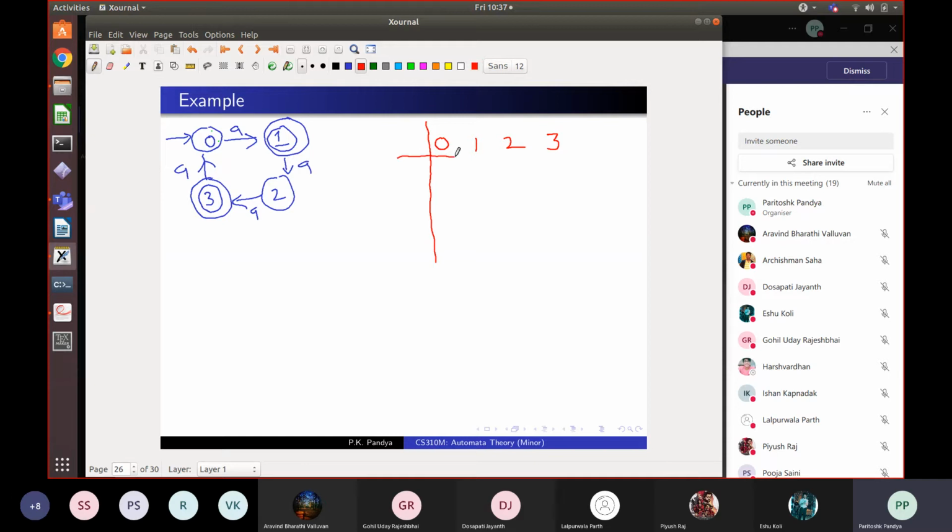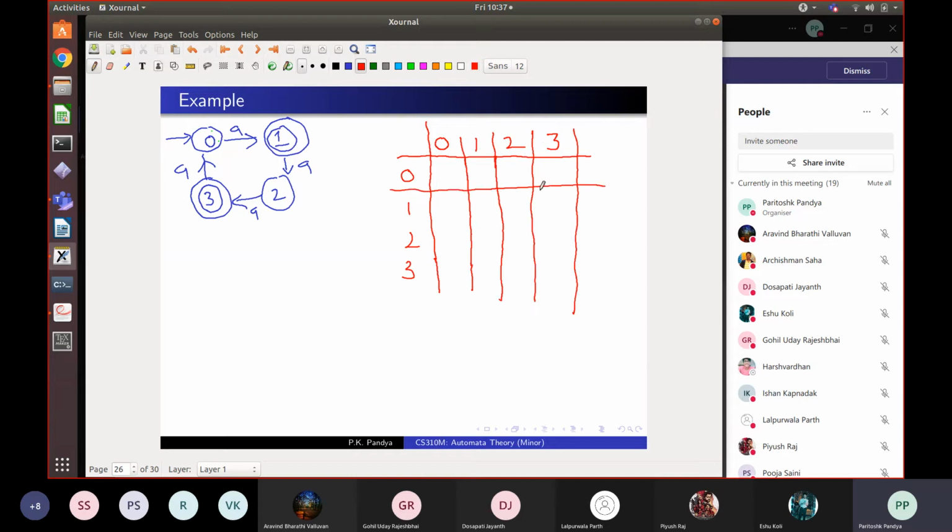And what I have is something like this. And then I have columns for each of them. And here I will have rows 0, 1, 2, and 3, right? So you have to learn to build this table for your exam. Okay, I will extend this above also. And 3. And you have every row.